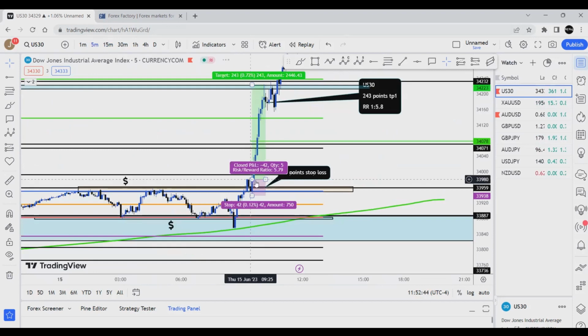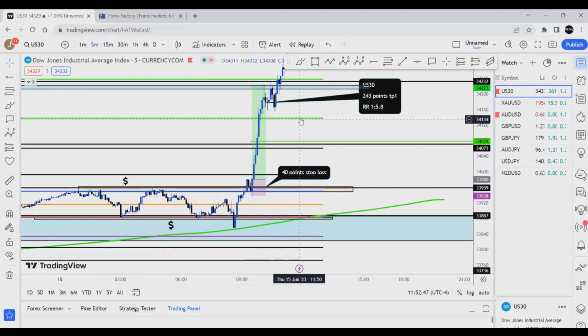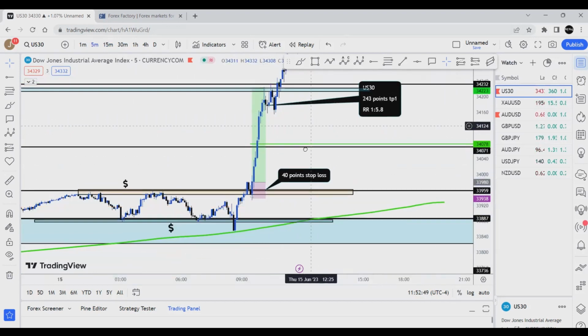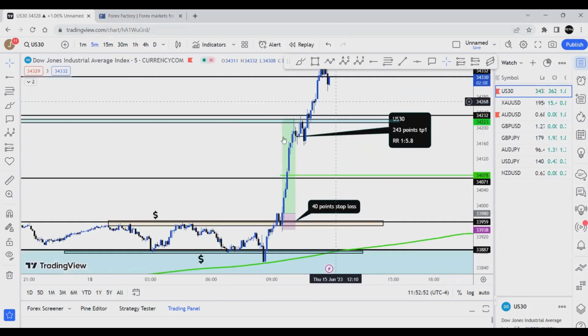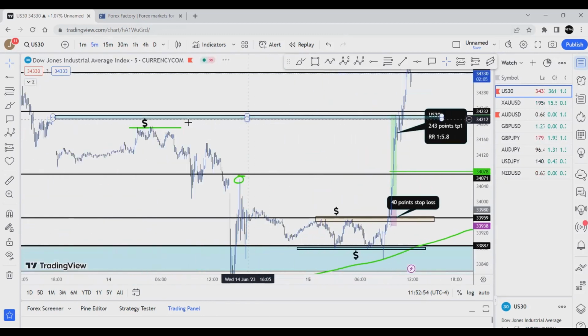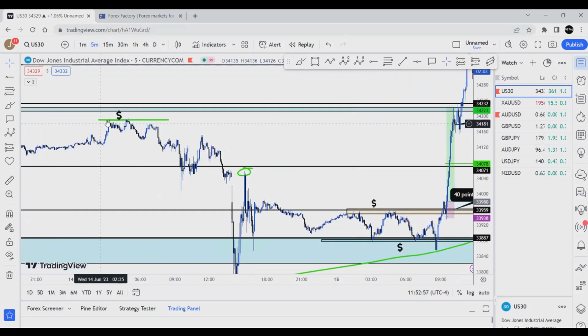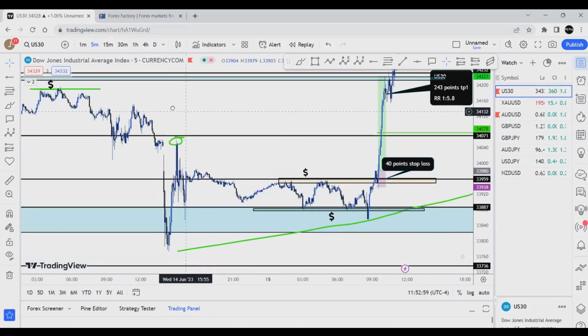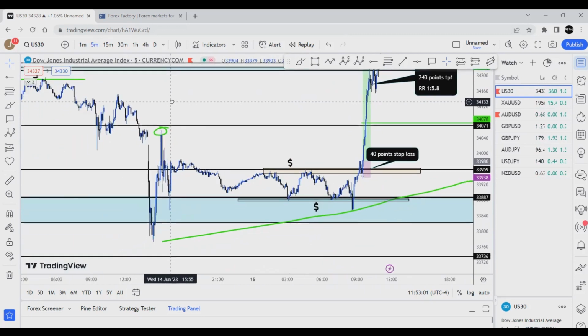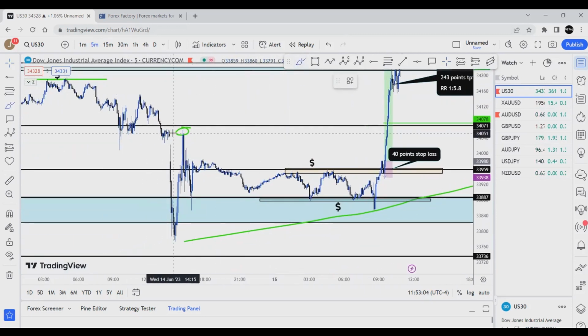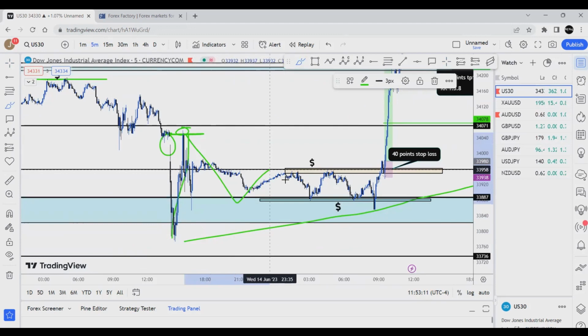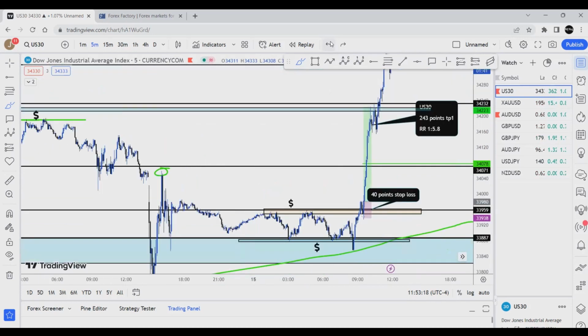As we can see, we didn't have any drawdown, just pure profit. Price continued to buy up, but we were satisfied with our result over here. No need to be greedy in the market. Price also took out liquidity, which was beautiful right here. And this is something that's very common. You can see right here, there's a gap in the market. You tend to see price push back up to fill off that gap and then come back down. So we definitely do want to test our waters. We're comfortable with our profit and were able to make a killing today.